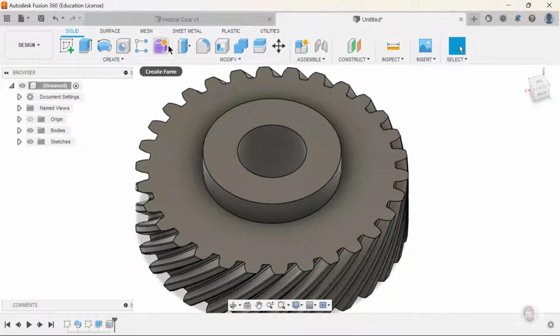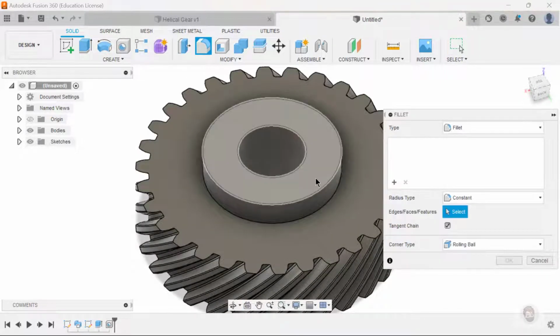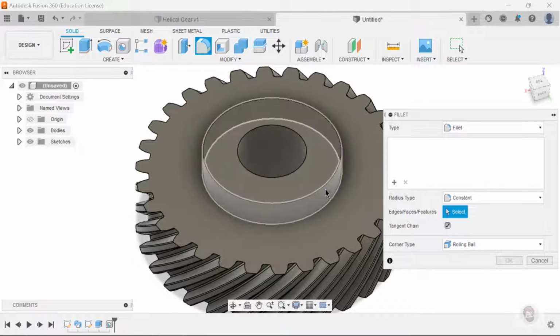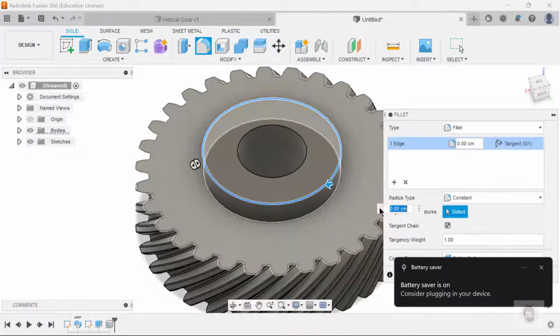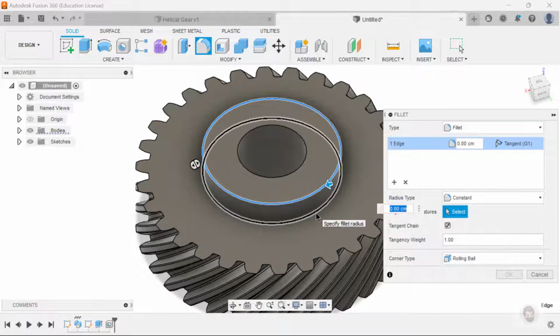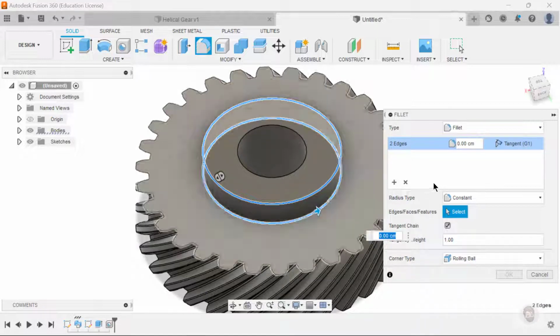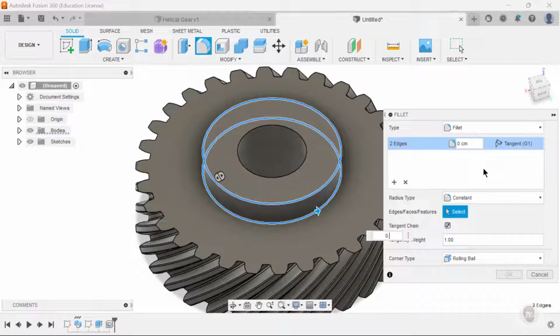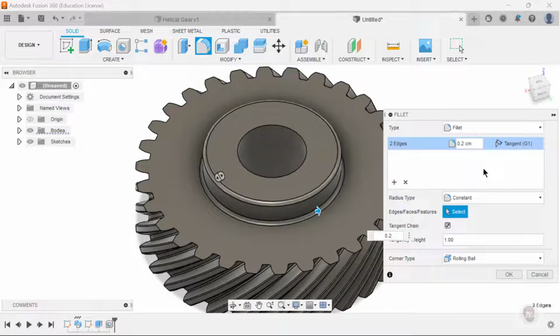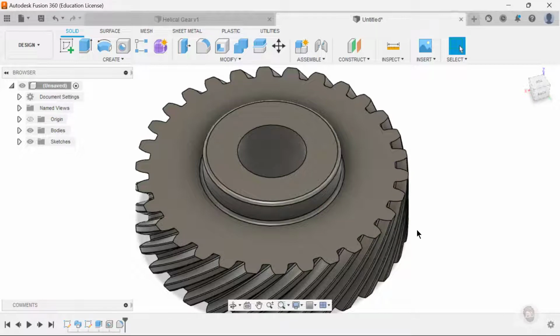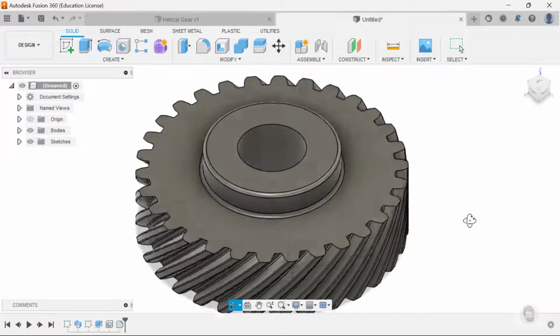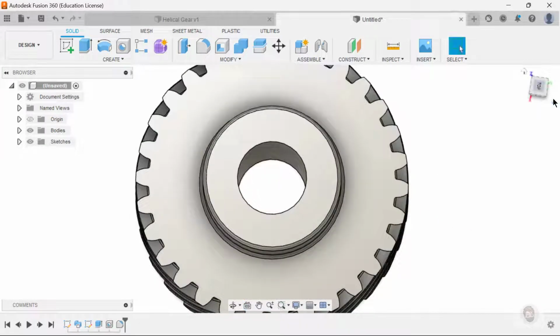Next step is to create fillet on these two edges. Click on these two edges and create a fillet of 0.2 centimeters. Click on OK. Okay. Now comes the final part, which is to create